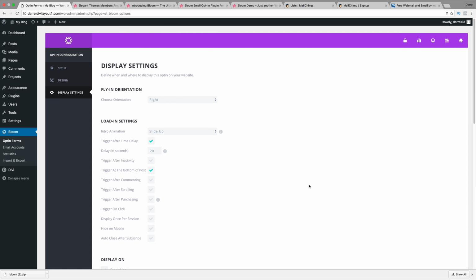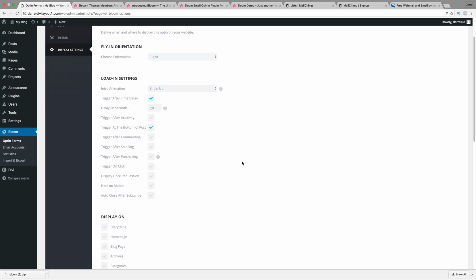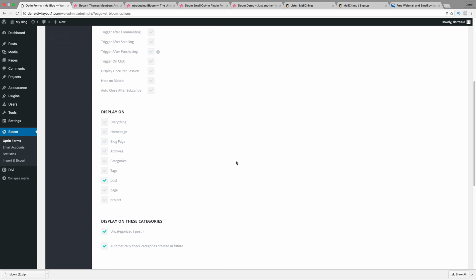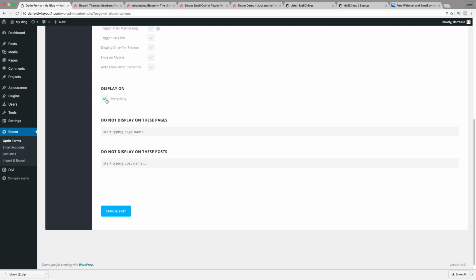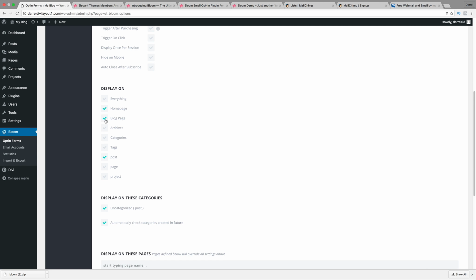So the display settings are not that complicated. They're pretty easy to understand. So first I'm going to go ahead and scroll down here. And I want to show you the display on. So do you want this to display on everything? Do you want it to display on just your home page, on your blog page, just on pages in general? So if you have a page for something like project, tags, categories, archives, you would select what you want it